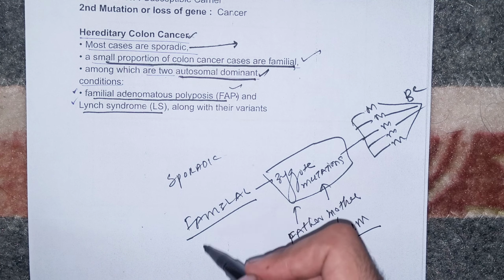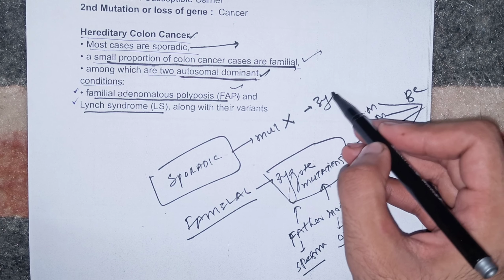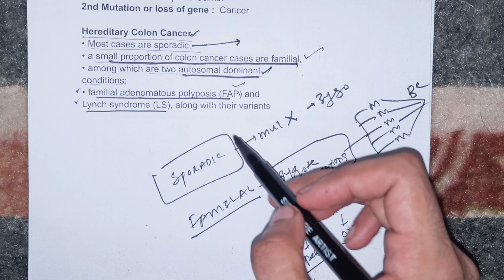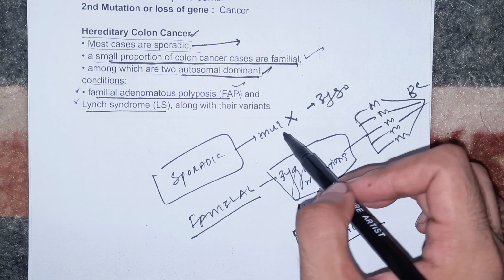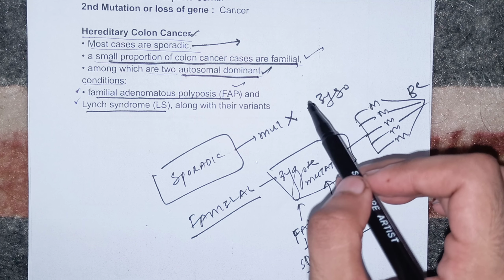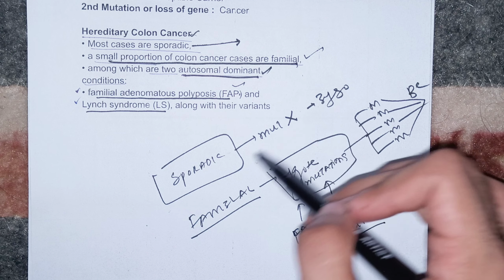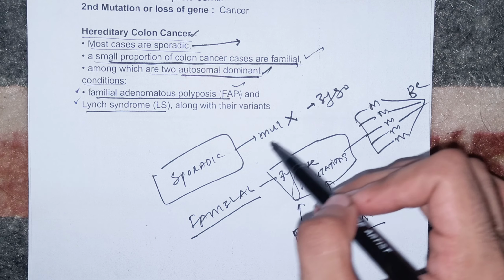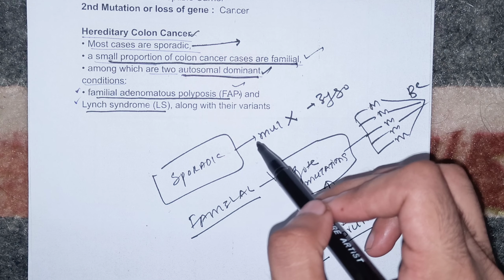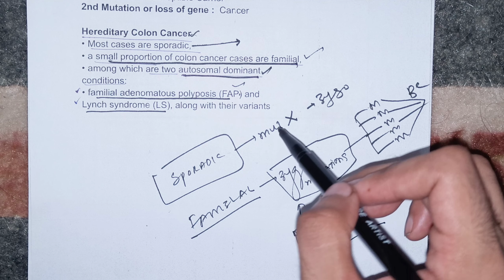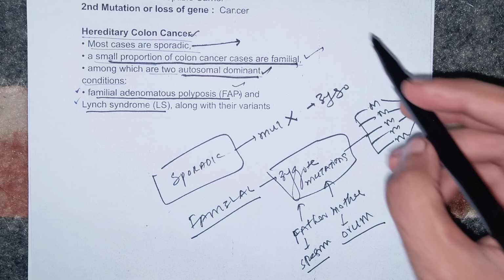As compared to familial, the sporadic variety is when the mutations are not present from the zygote. They are acquired mutations. You do not carry these mutations from your parents. These are not present in the sperm of your father or in the ovum of your mother. So these mutations are absent in the zygote. Sporadic conditions develop when you do not carry mutations from the very first cell of your life. They occur when mutations are acquired in your adult life, in any cell of your body, not from the very basic cell, the zygote. Okay, what happens?